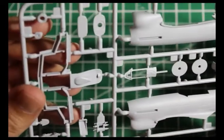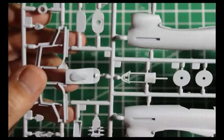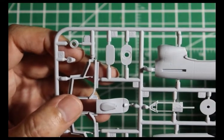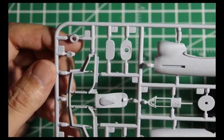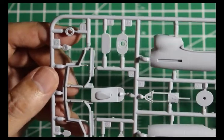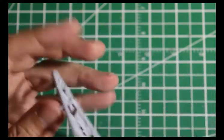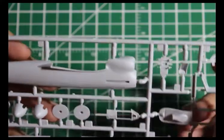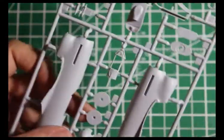The radiator comes in 2 pieces, unlike the Typhoon, and the detail doesn't look too bad, but I'm sure there's probably a photo-etch set for that too. Your instrument panel, I'm going to get a better instrument panel for that. So let's get the